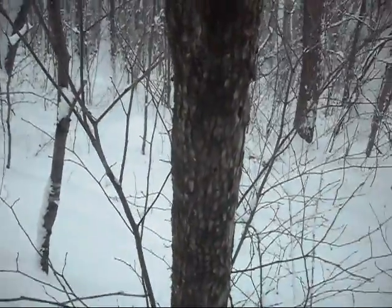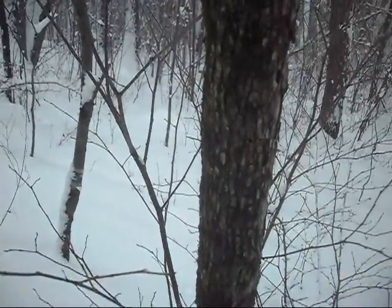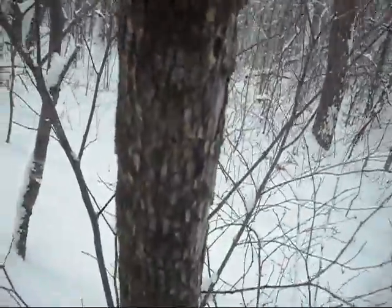Hey guys, today I'm going to be showing you how to make a fire when there's a big blizzard out or there's very snowy, wet conditions. So I'm going to cut this dead tree down right here. It's dead, so